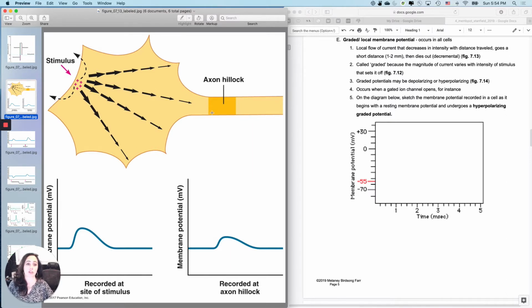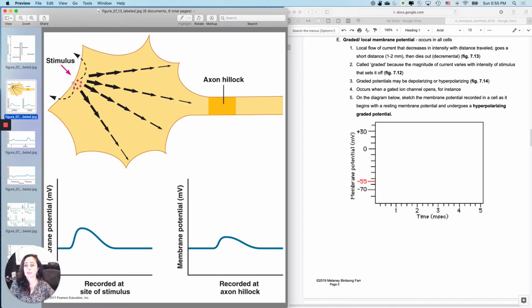What will be important to us in the next part is that what happens at the cell body has to affect the axon hillock for us to go from a graded potential to an action potential. So a graded or local potential is a local flow of current that decreases in intensity with the distance traveled. That's what this figure is trying to show, meaning that, for instance, it doesn't have to be sodium, but